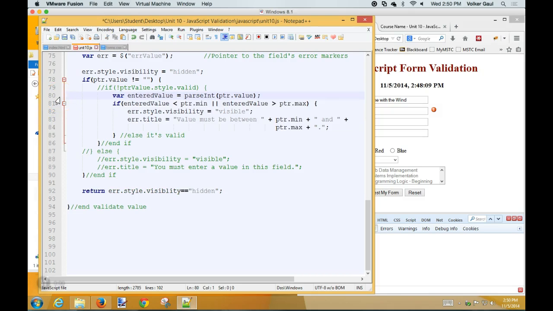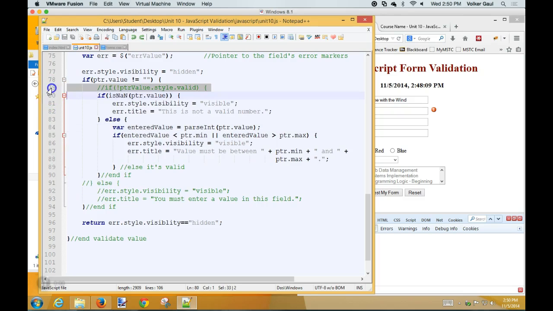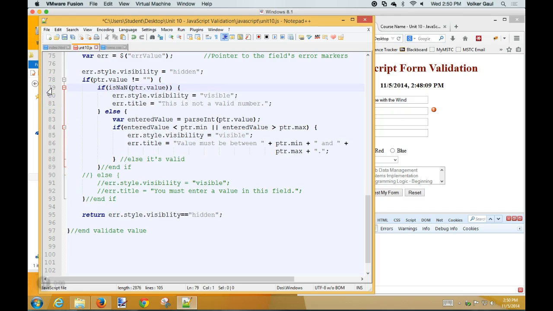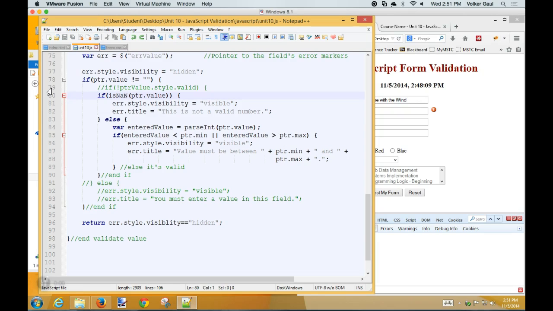Now, should I leave it there to confuse you? Is it worth leaving it in just in case someone uses a junky browser? You could, and it won't hurt anything, right? That's an interesting point. I can leave it in there, say this is not a valid number, in case we're using a really old browser that doesn't have numeric up-downs. And I think, by the way, that really old browser,